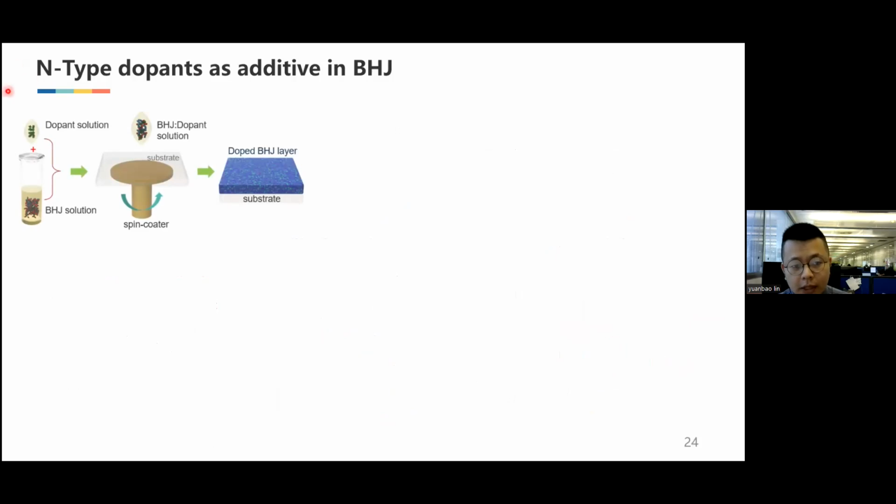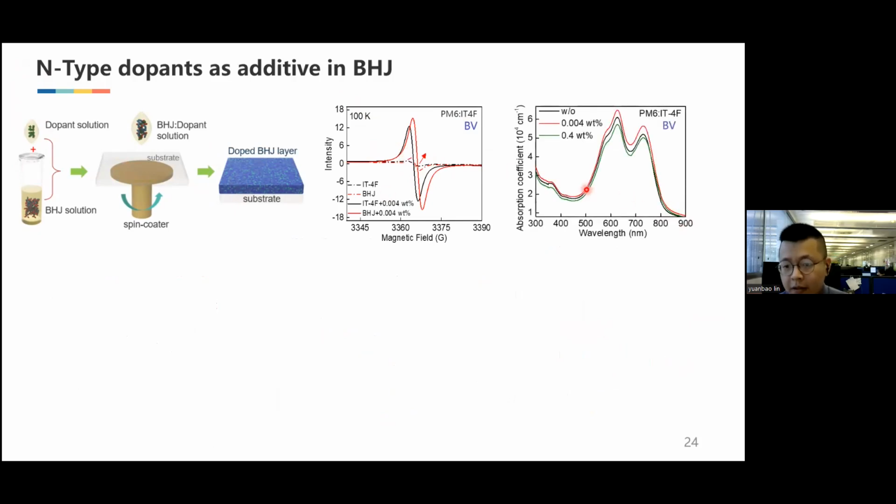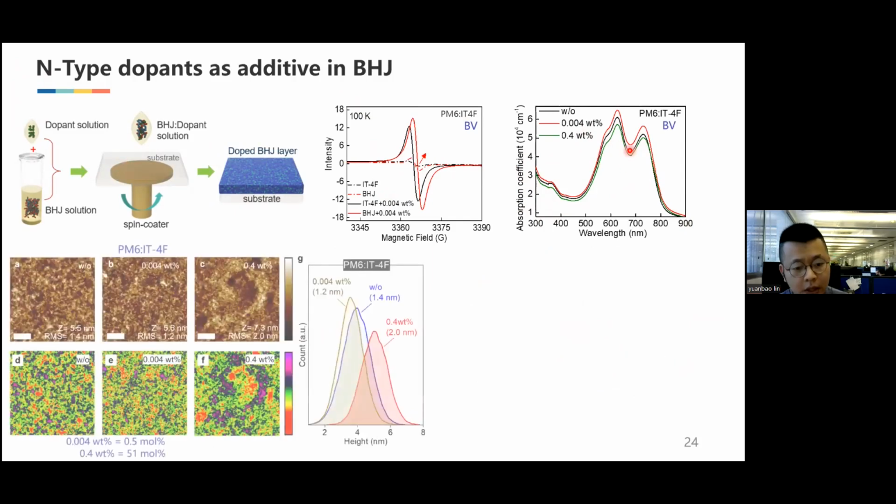We tried adding this dopant in the bulk heterojunction, and after spin coating, we detected an enhanced EPR signal compared to the one without the dopant. We also measured the absorption after doping. At low doping, the absorption coefficient can increase a lot, but if we put in too much dopant, the absorption coefficient will reduce. And also,